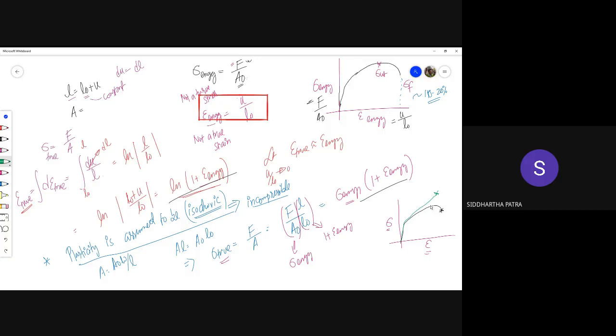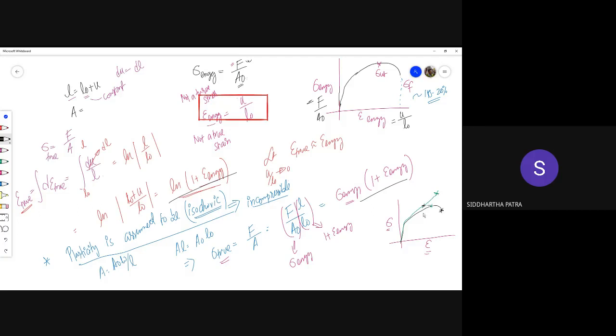And the ultimate stress that you are talking about, if I map that in the true stress-strain diagram, would be somewhere else. Okay, as I said, the true strain is actually smaller than engineering strain, so that maps to an earlier point in the true stress-strain diagram. So the material, if we are talking in terms of true stress, doesn't fail at a smaller stress, it obviously fails at a higher stress.